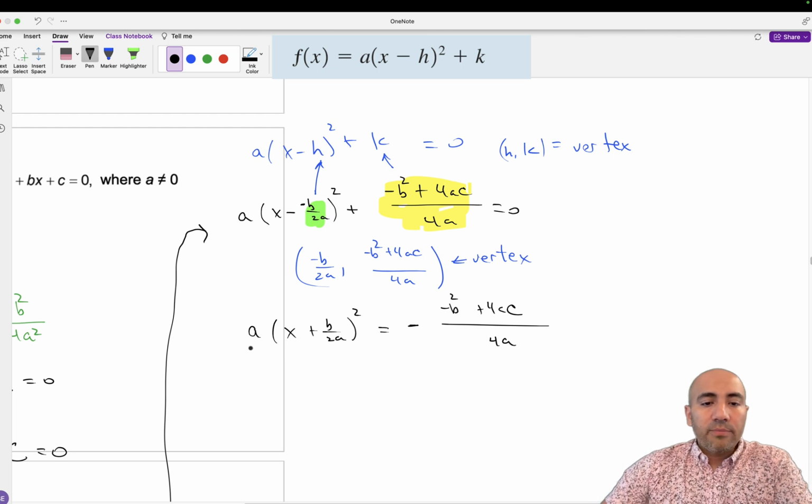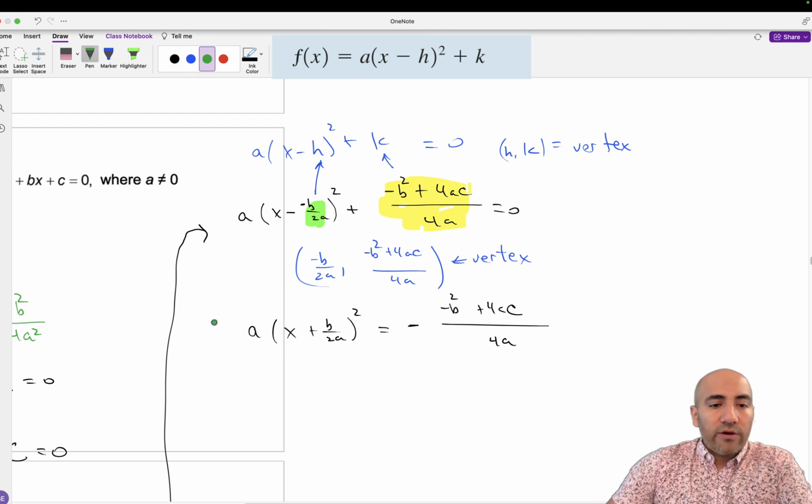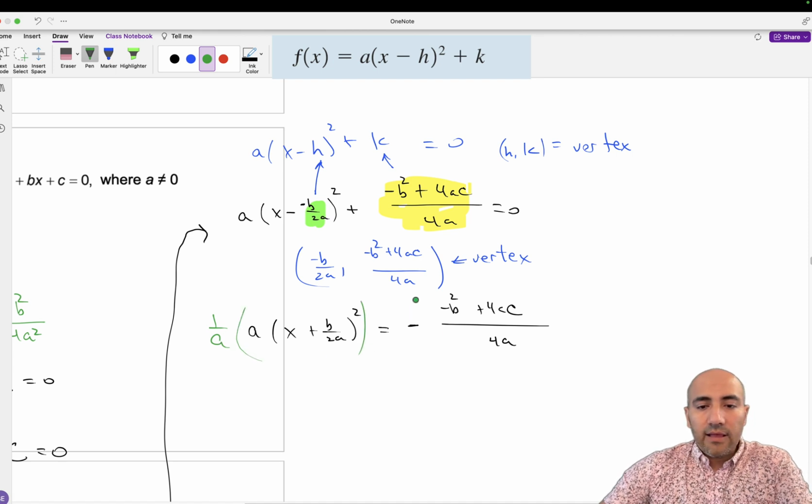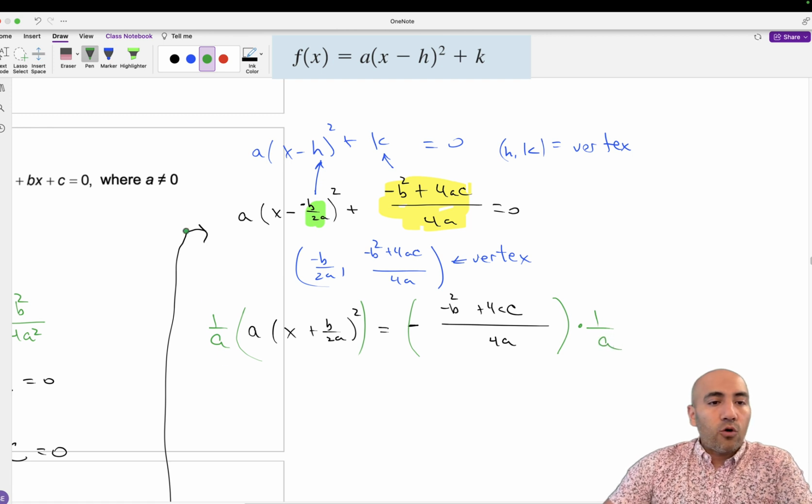I'm going to multiply both sides now by 1 over a, and then multiply this whole thing by 1 over a. Remember, we were told that a is not 0, so we're okay doing this. We have to be careful to make sure that we don't accidentally divide by 0. Okay, on the left-hand side, the a's cancel, giving me (x plus b over 2a) squared equals